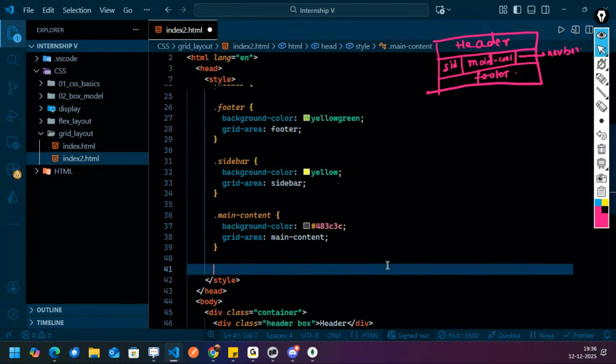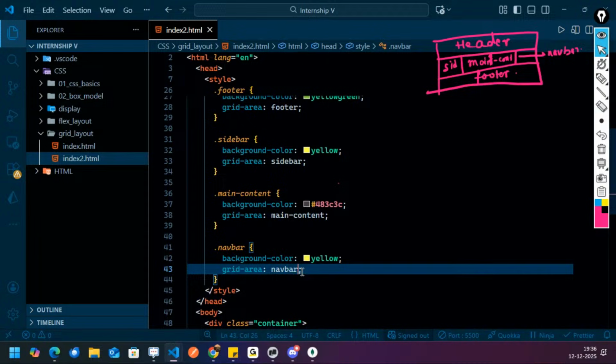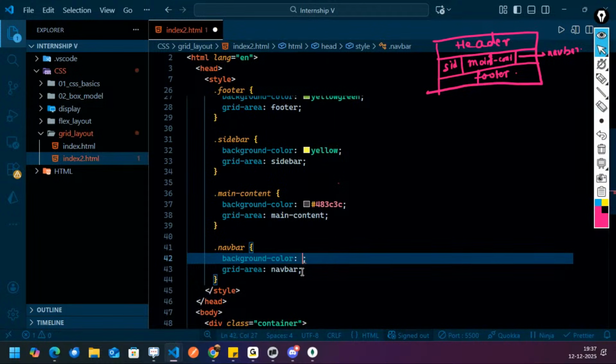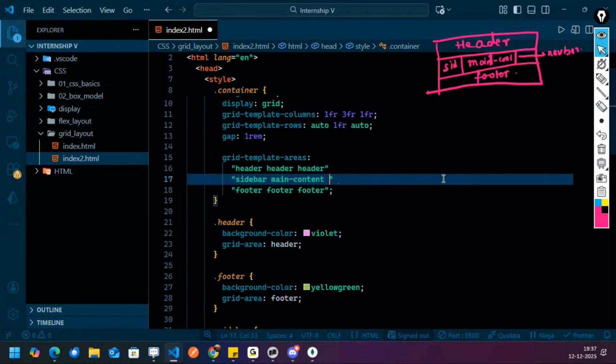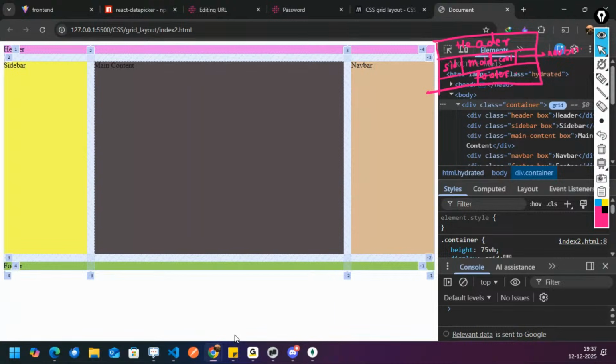Okay, last one is navbar. Fine, navbar. Over here we'll write navbar. Yellow, you can change this to burlywood. And over here you can write the third column is navbar. If we go over here, you'll see everything is now aligned. We close this grid. Now you will see that for header a very small part is given,